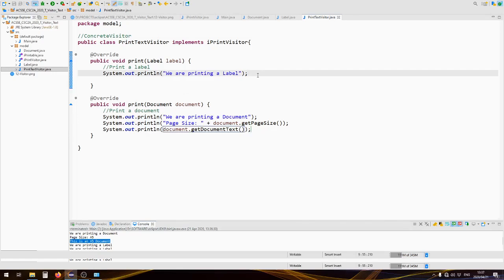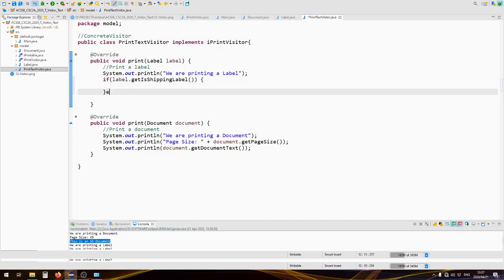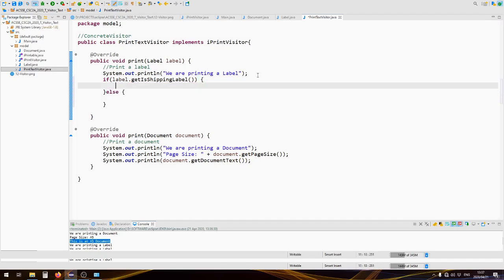So if we were to go and just update the label functionality, we could do something like this. Let's go: if label.getIsShippingLabel. This will determine if it is a shipping label. So if it is a shipping label, we could then print the shipping label text. If not, we could do something different. So System.out